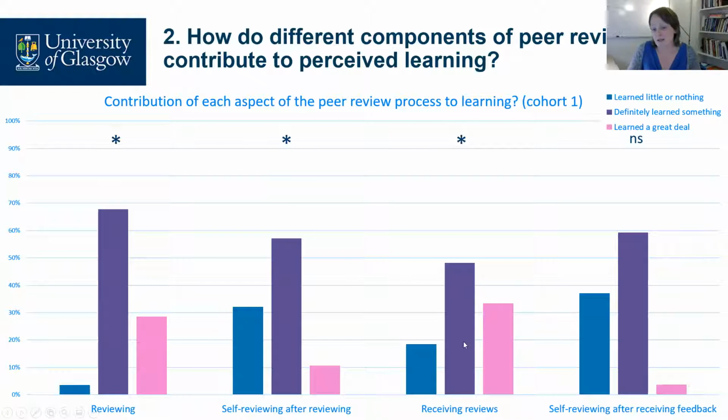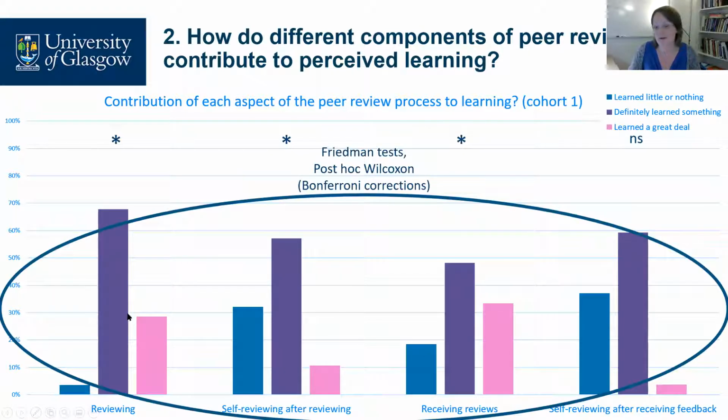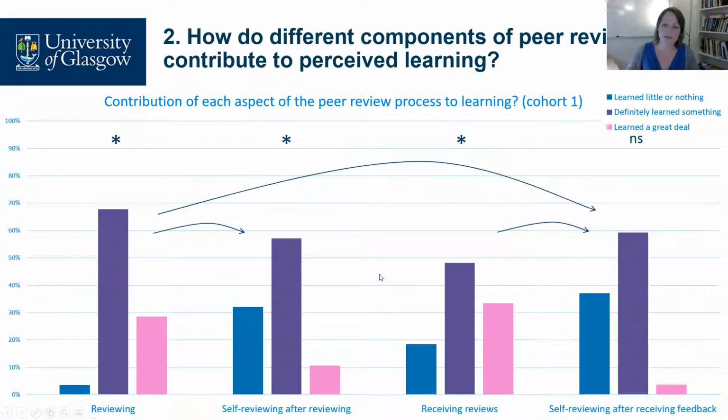As well as making comparisons between the different responses that people gave, we were also interested in whether there were any particular differences overall. So to compare if some of these aspects of the peer review were more helpful than others, we carried out Friedman tests. The Friedman test gives you an overall indication of whether there is a significant difference just from the p-value, but in order to work out which of these aspects are more helpful than others, we had to carry out post-hoc Wilcoxon tests, with Bonferroni corrections applied due to the number of comparisons here. These arrows depict this. I was trying to display all this in one graph for you.